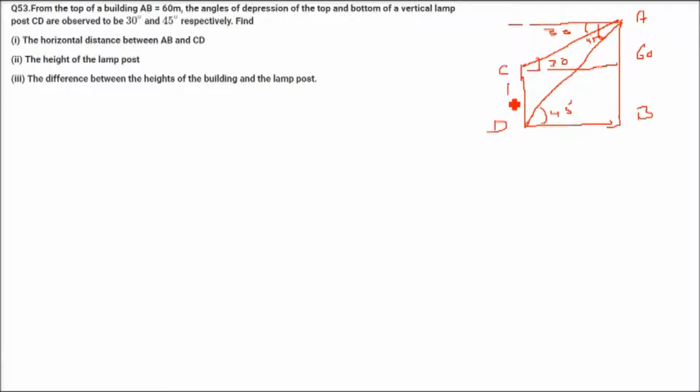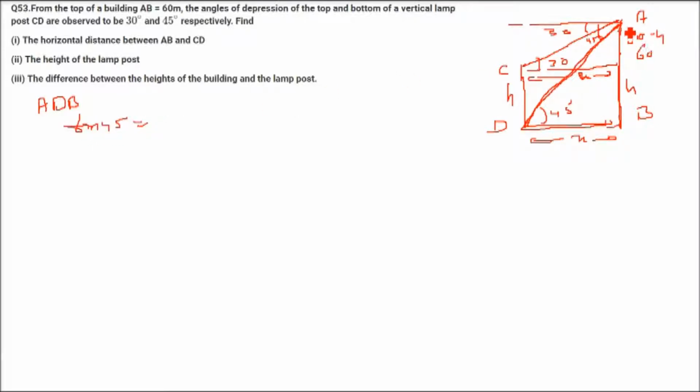First, the height of the lamp post. So let it be H. This will also be H, and this will be 60 minus H. So I am taking this triangle first, and I'm assuming the distance between them is X. First, I'm taking triangle ADB. This triangle I'm taking. So tan 45